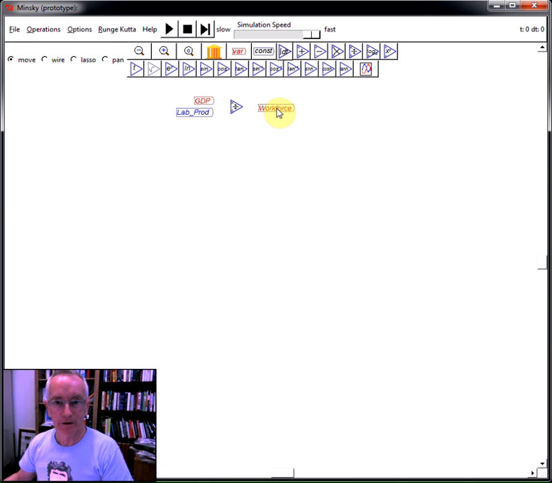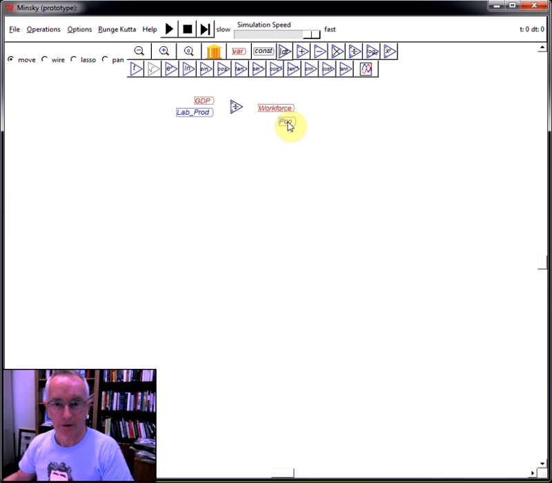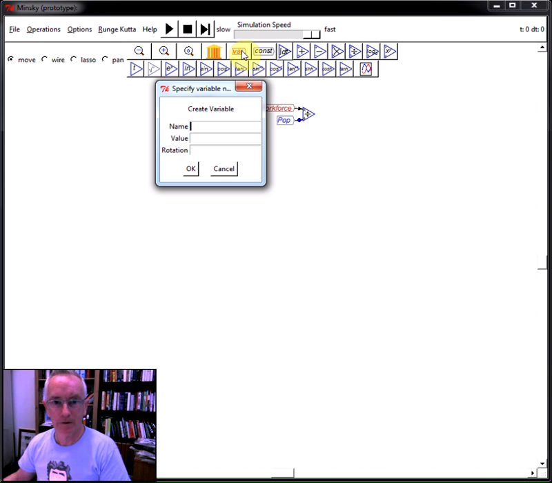And then if I divide workforce by population, and for the sake of a fast demonstration I'll use a constant population here, call it pop, and give that a value of say 55, 55 million, let's say we're talking England here. Alright, now let's wire those little bits up. So I'm now saying that GDP divided by labour productivity determines the workforce, and I then need another divide block here, and divide workforce by population. Of course you then have the employment rate. So we now create another variable, we'll call it emp rate,